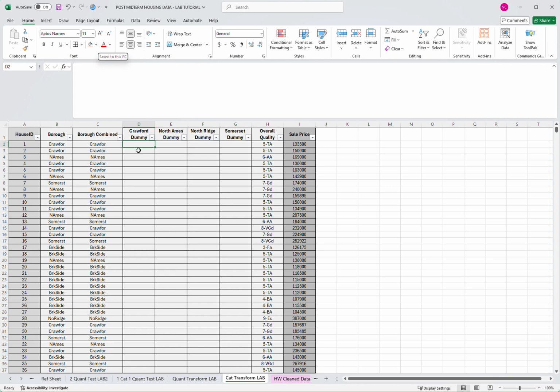Okay, now basically this is just an on and off switch. If I see a Crawford neighborhood, I'm going to give it a value of 1. If I see anything else, I'm going to give it a value of 0. So these are just simple if statements. So if this combined variable now equals, in parentheses, all